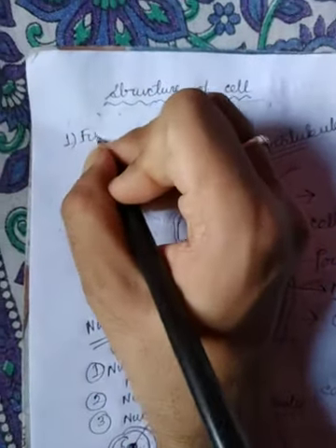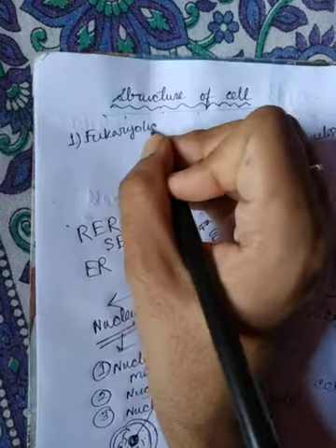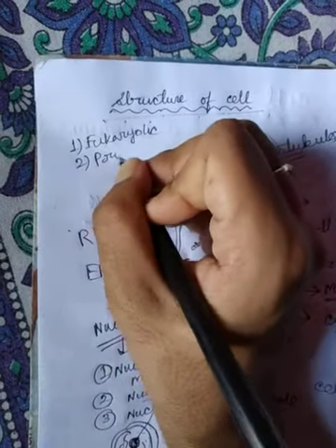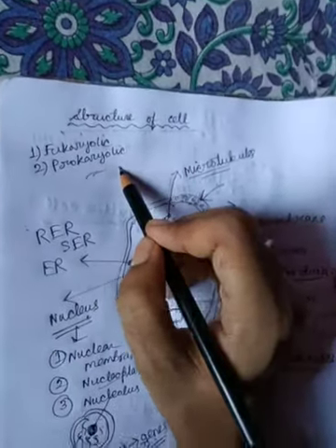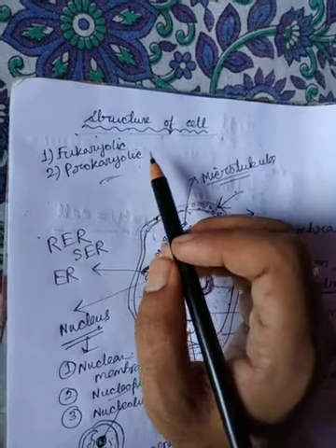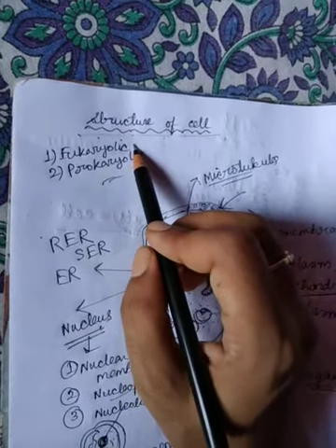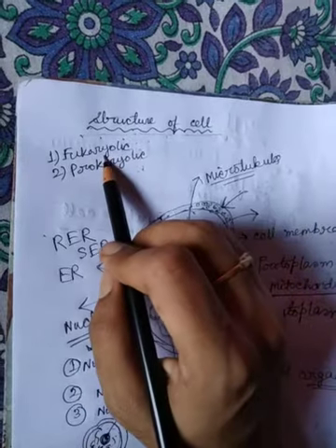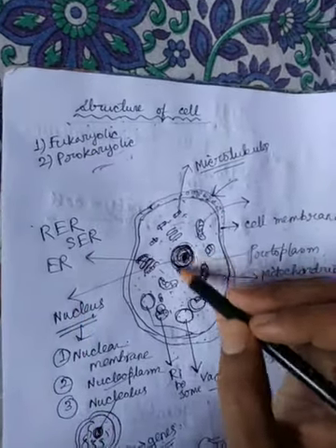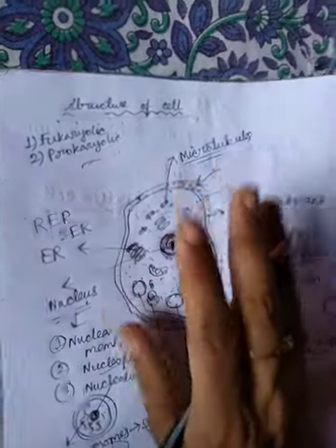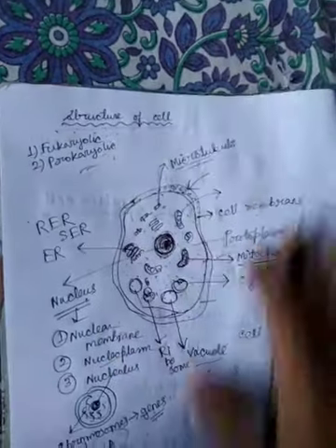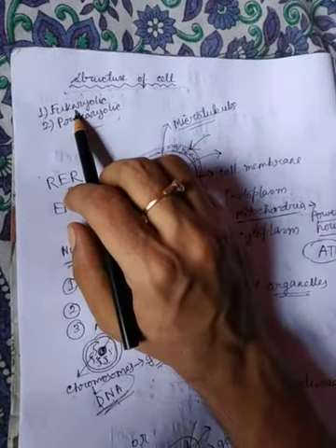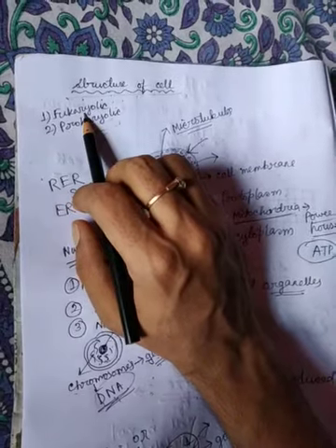But now there are two terms. One is the eukaryotic cell and two is the prokaryotic cell. Prokaryotic cell means the cells of the lower living organisms such as algae, and eukaryotic means developed higher organisms. But the structures are not the same. In case of prokaryotic, the nucleus is not so well developed and so many organelles are also absent in prokaryotic cell, and eukaryotic cells means the developed cell. So these are the main differences between the eukaryotic cell and prokaryotic cell.